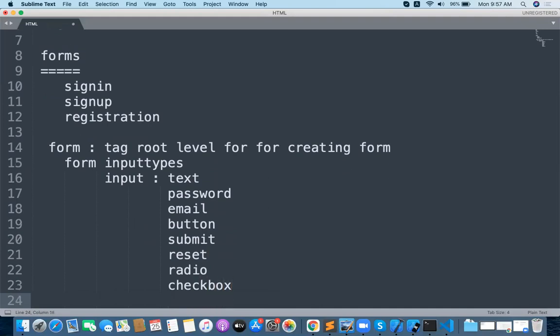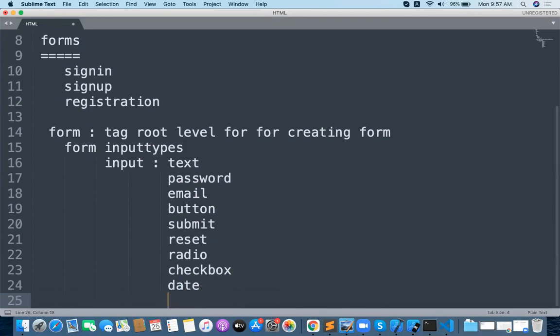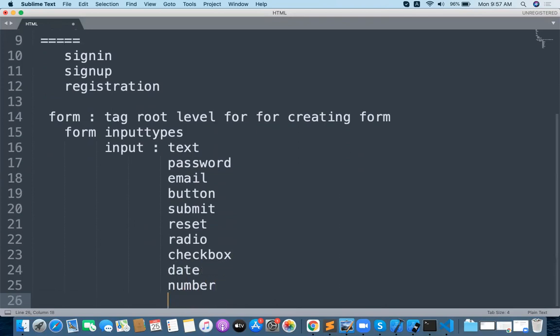Input type date is there, input type number is there. A lot of input types are available in the form. I will tell you one by one.